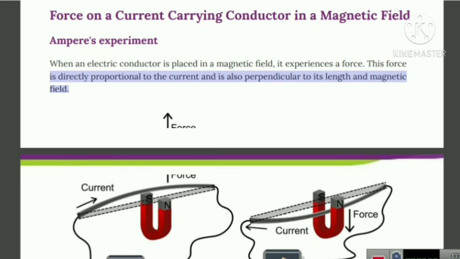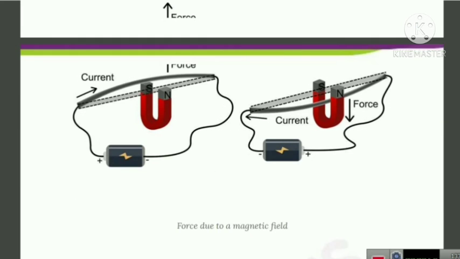Thus, the magnet must exert an equal and opposite force on the current carrying conductor. The force which is produced due to magnetic field acting on a current carrying conductor can be demonstrated by this activity. Here you can see this activity, that is force on straight current carrying conductor placed in magnetic field. Here is the electric current passing through it, and at the center a horseshoe shaped magnet is kept.